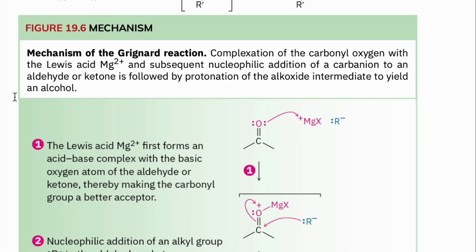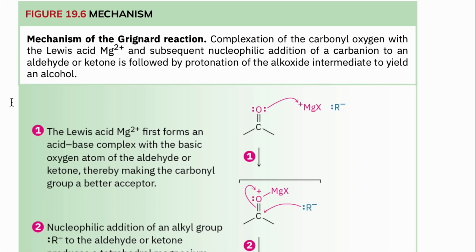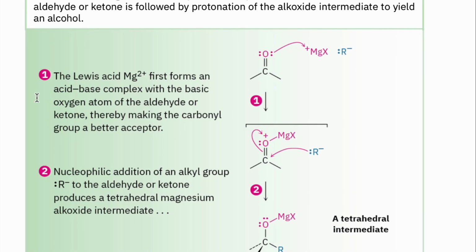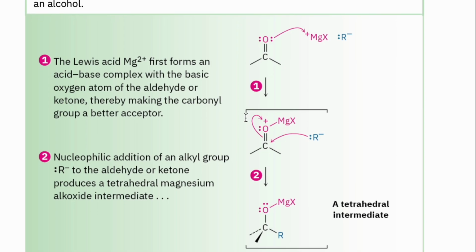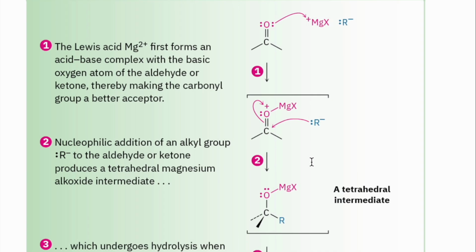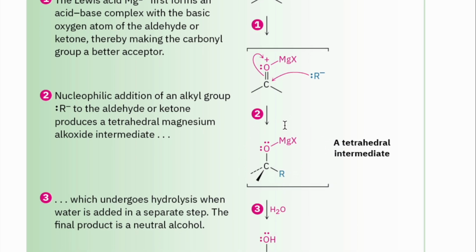I wanted to point out that in your text, figure 19.6, it actually emphasizes the fact that the magnesium is complex to the oxygen. So it shows the magnesium attaching to the oxygen first, making the oxygen extra reactive, and then it brings in the Grignard, the carbonyl, the negatively charged carbon, the carbanion part of the Grignard reagent. So if you wanted to show the oxygen complex to magnesium, you could do that. Again, this is the magnesium salt that you have